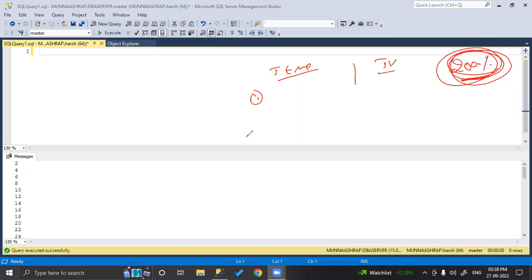Table variables can be used in stored procedures and functions.